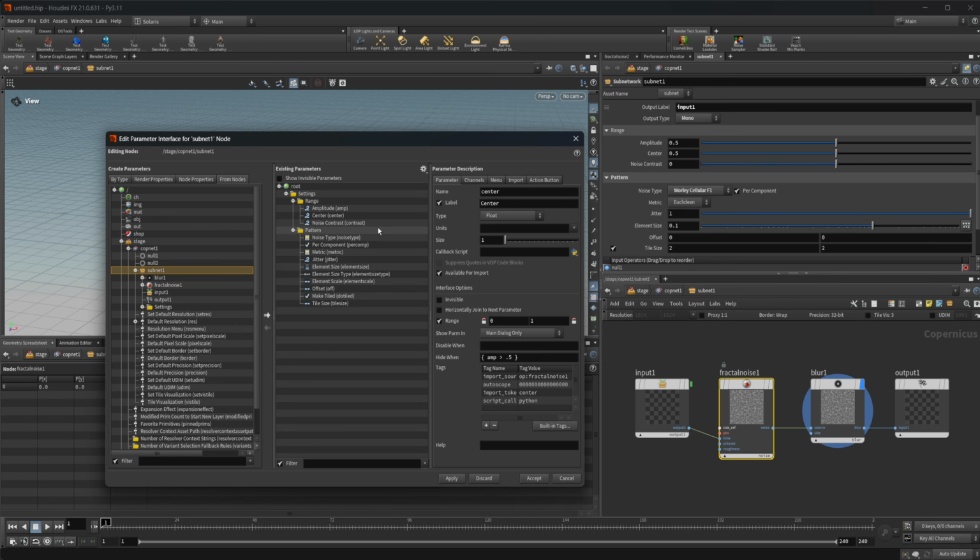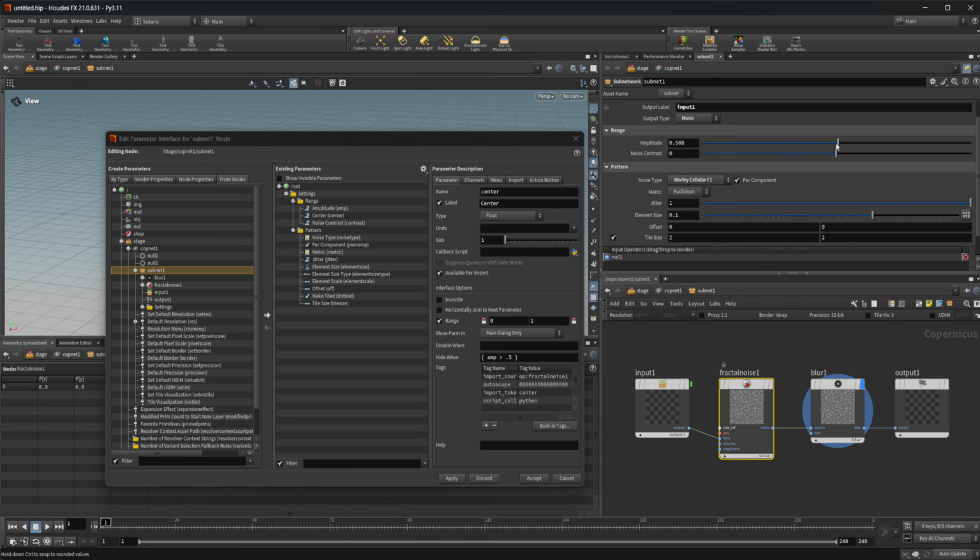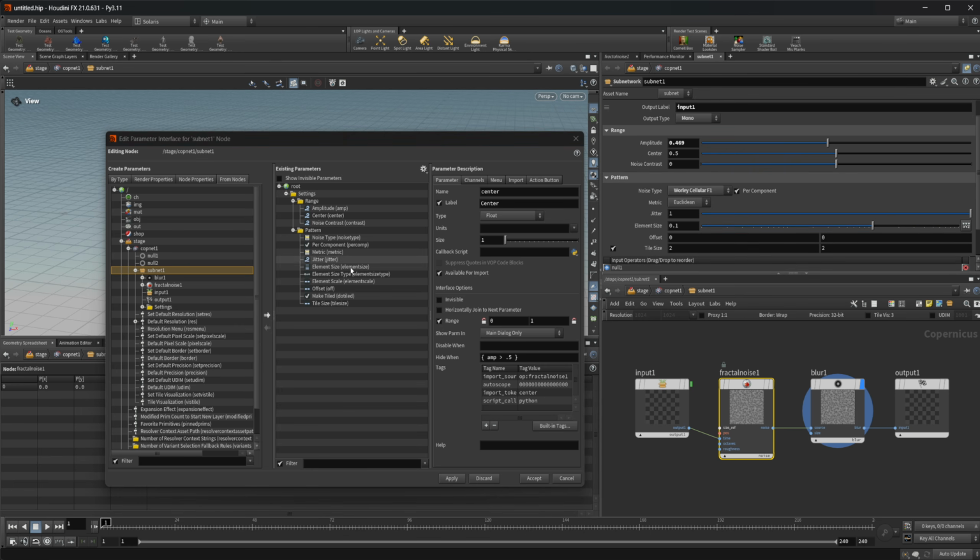You can click apply here. And as soon as I go over 0.5, you can see that it's going to hide that center. So not necessarily a practical use, but you see with the jitter here, the noise type, if it's not equal to that whirly A or that whirly B, so if it's not one of these whirly cellulars, you're not going to get that. So that's how they hide and unhide things in the interface when you're working with your nodes